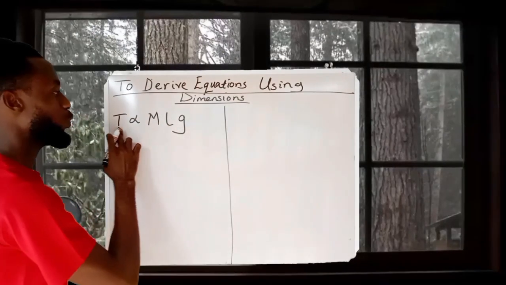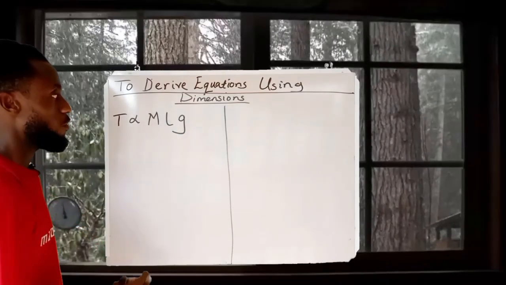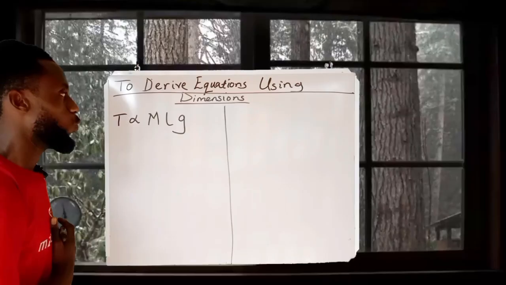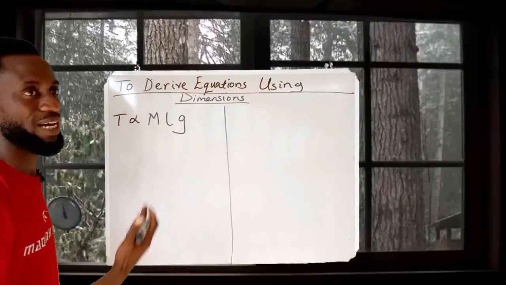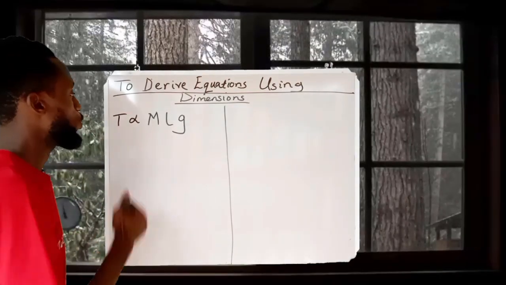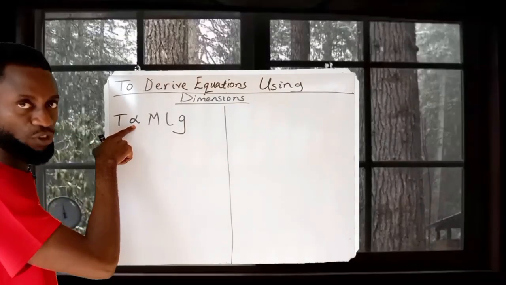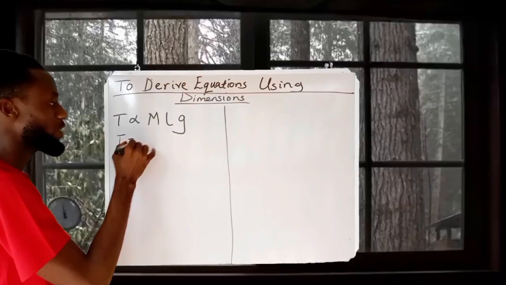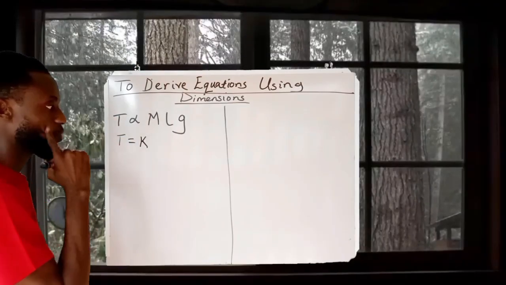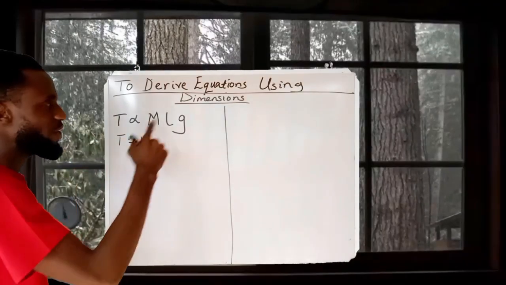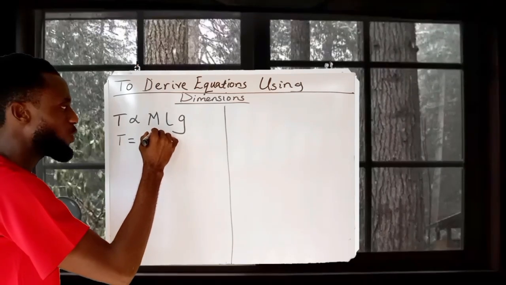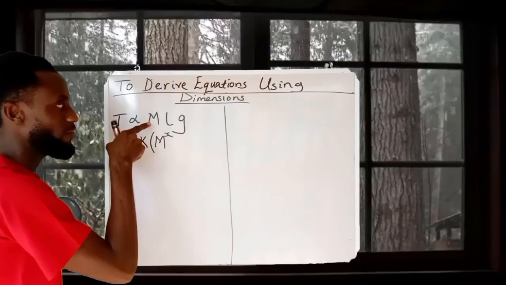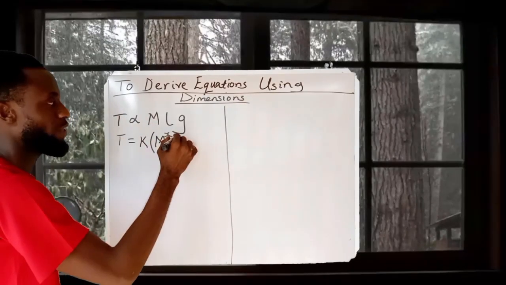Now every time they've given you the quantities that it depends on, we don't know how that dependence looks, so we use the variation symbol first. Now when we are about to convert it into equality, we introduce a constant, and because this is now a real expression, we will have to put an unknown power on each of them,